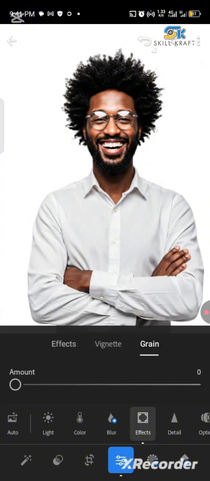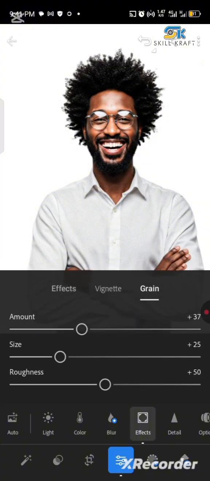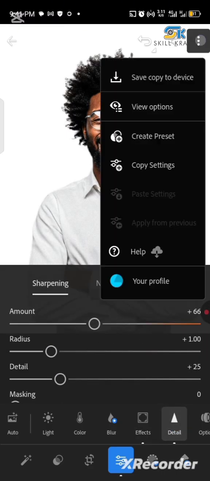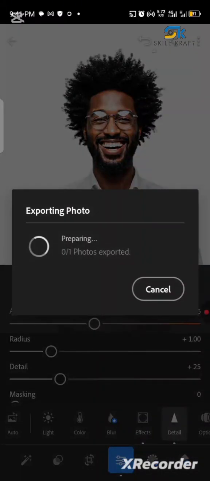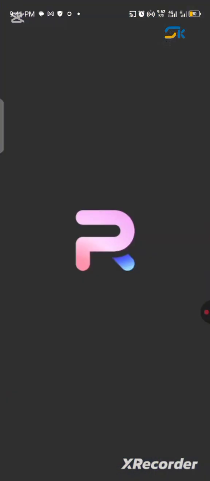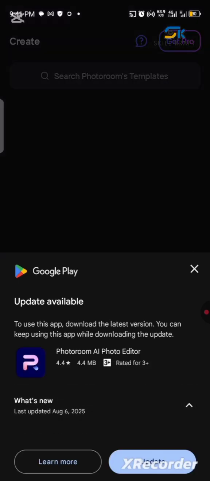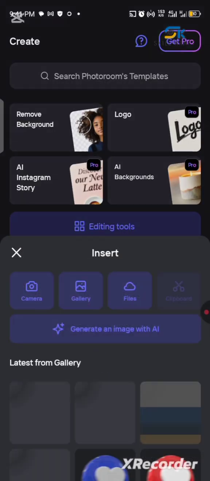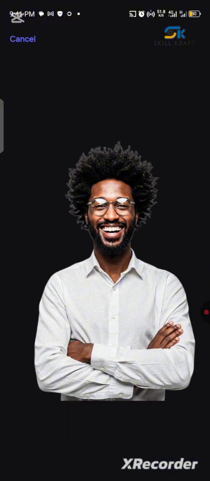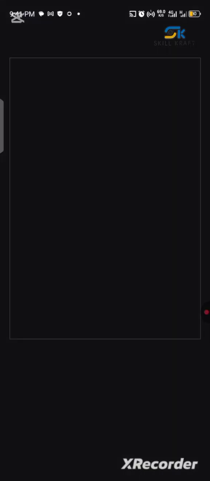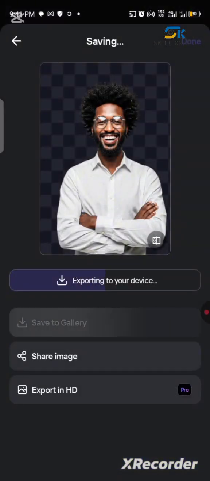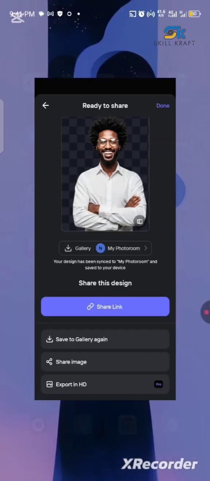Add texture, increase the green just to make it look sharper or more catchy. Increase the sharpness, and then maybe download it or export it to your device again, and then you go back to our Photoroom and remove the background, just so that you know that we are done with it. This is the exported one. Remove the background, and there we go. And then you export, and that's all. Go back to our Pixellab,